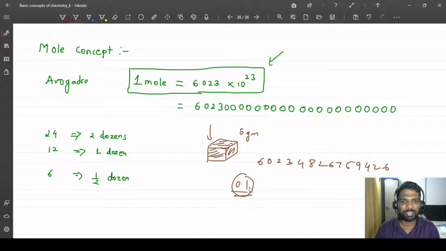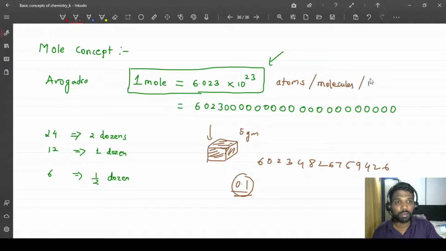Now you may not understand what I am saying, meaning why this number is related to 0.1. This is not an exact direct relation. What I can do is, at this level, we can understand that a very small pinch or a small block of any element will contain a very large number of atoms or molecules. So that's why, to deal with such a large number, we have the mole concept. And it is equal to 6.023 into 10 raised to 23. Basically, we use this for atoms, or it could be molecules